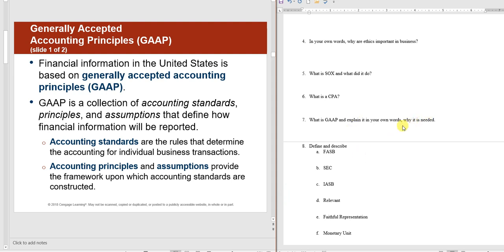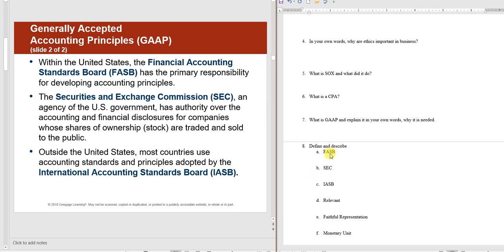So it's really needed because financial statement users, usually investors and creditors, have to be able to make comparisons. So if you're going to buy Apple versus Amazon, you need to look at it and make comparisons to see who did better. Otherwise, you couldn't really make those comparisons if everybody just followed their own rules. In the same way, if you want to watch a professional sports team and assess who did better in a baseball game, you're going to see who gets the most points. But one team has a 40-inning game and the other one has a 2-inning game. You can't really compare them. You have to have the rules.